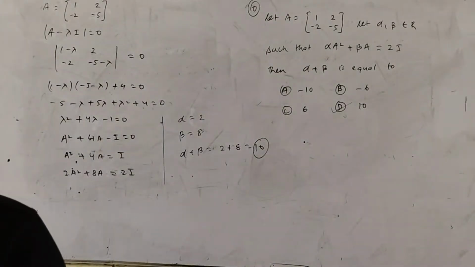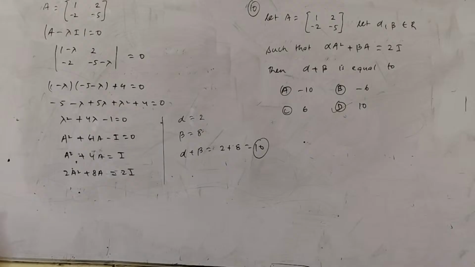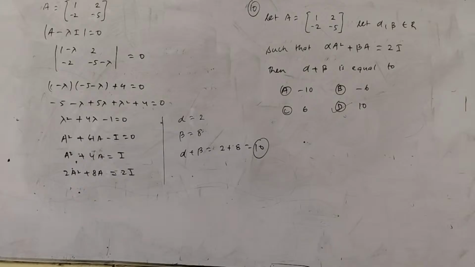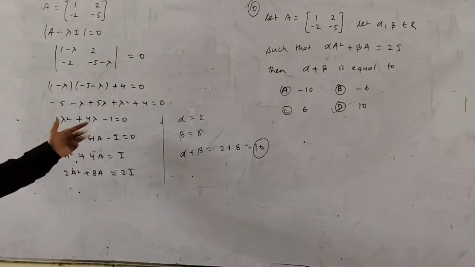Correct. Which concept we have applied? We have applied the concept, no, that matrix A satisfies the equation. Which equation? That characteristic equation. So instead of lambda, we replaced it by A, and this can be written as